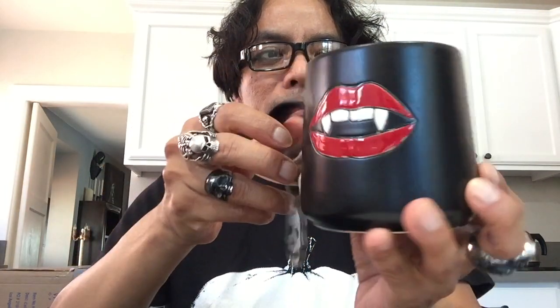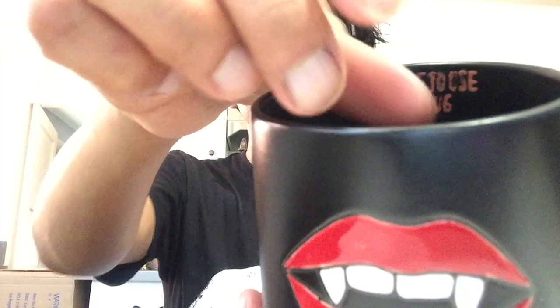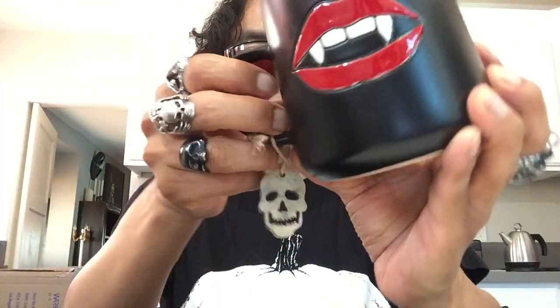And then at Marshalls, I found another really cool mug, and the image is on both sides, and it is black inside, the way I like it. I really like it. It says, "I've come to use your mug." I think that's really cool, and it looks like somebody did drink from it, maybe with lipstick on their mouth, and even the letter suggests that somebody drank from this mug, a vampire,